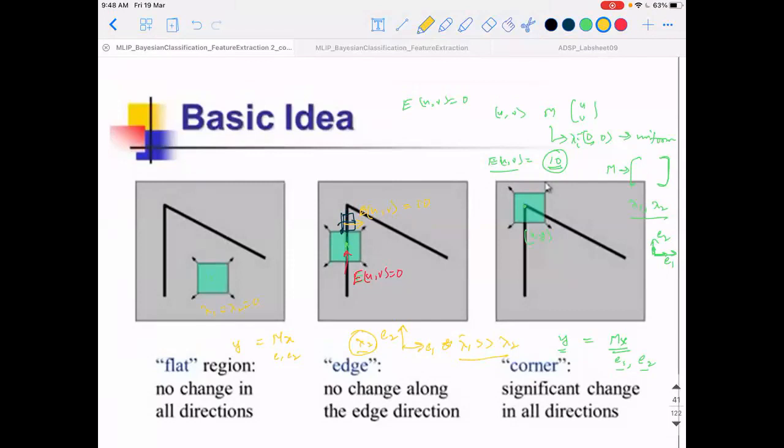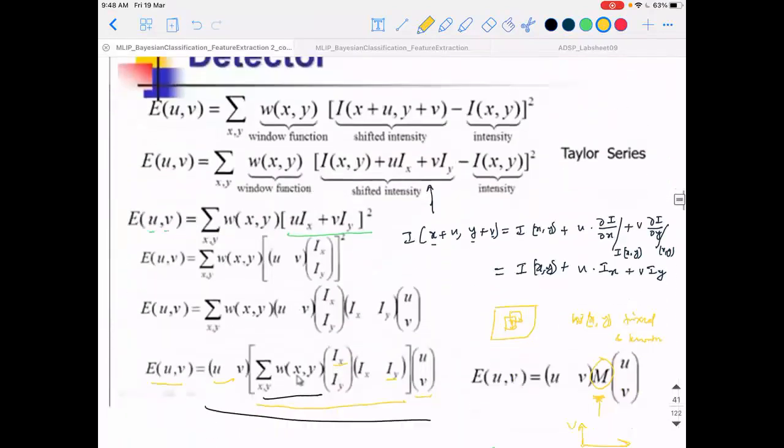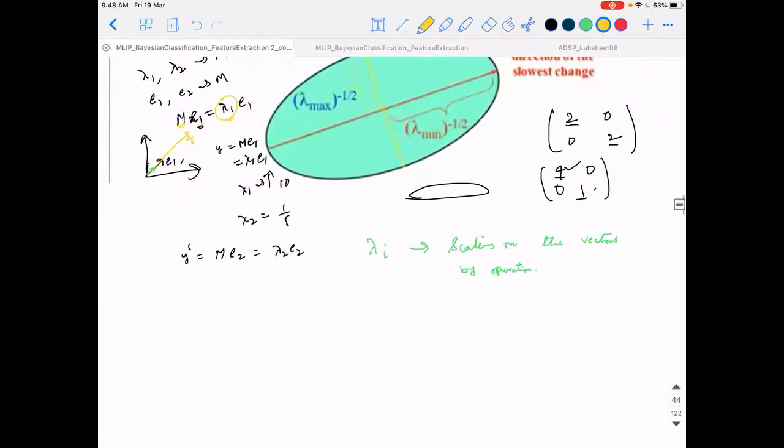Yes, sir. Right. So the operation M here can usually be related to a covariance matrix. That's why I'm saying lambda 1 and lambda 2 are not necessarily one less than 1 and one greater than 1. I have just taken a hypothetical case to show that in both directions there will be different shifts.